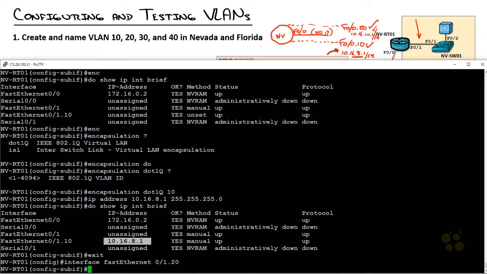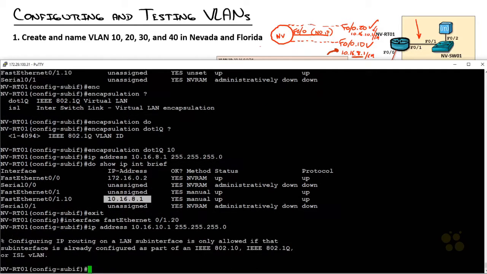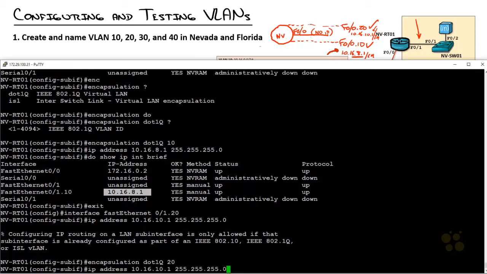And now I'm going to do it in the right order. I mean, I guess we could do it just for sample. So I'm going to say this is going to be 10.1, and it's going to reject me one more time. It's like, no, not you. You've got to have your encapsulation set first. So I'll do that, encapsulation dot1q 20, right? Good. And then